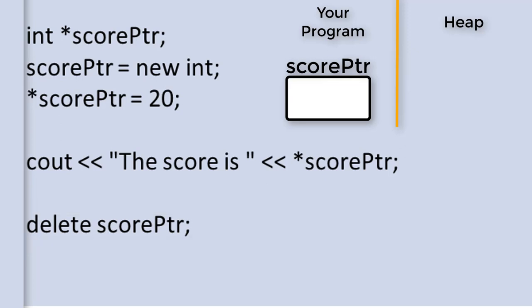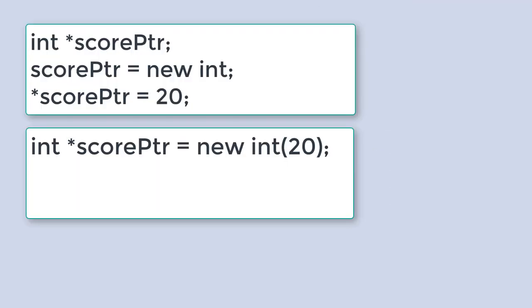In C++, you can also initialize a variable at the same time memory is allocated for it. We can combine all three lines of int *scorePtr = new int and *scorePtr = 20 into int *scorePtr = new int(20);